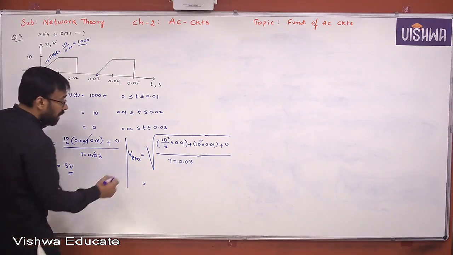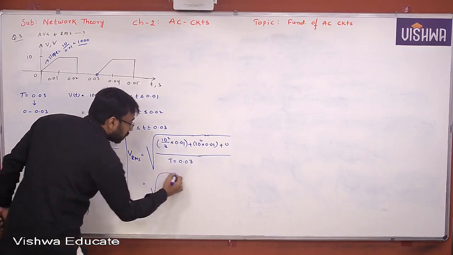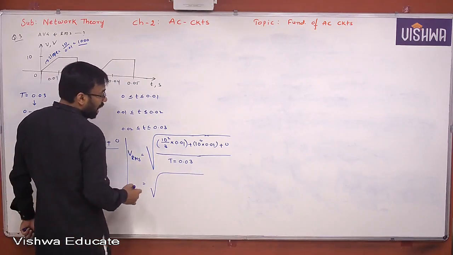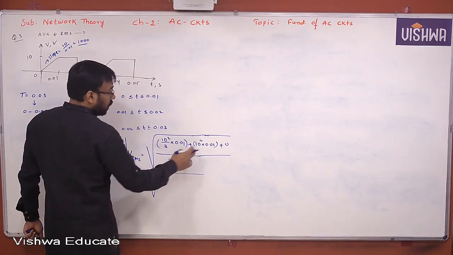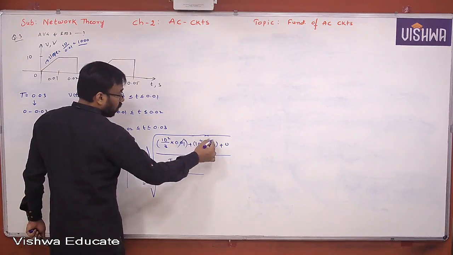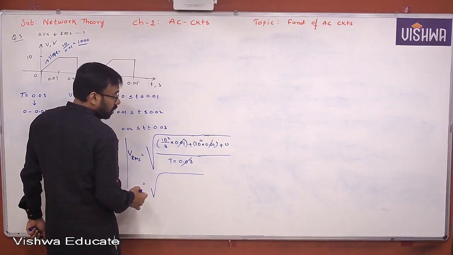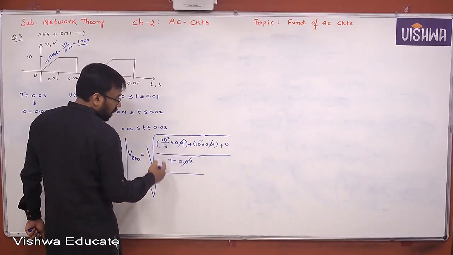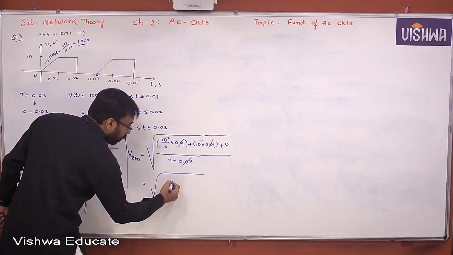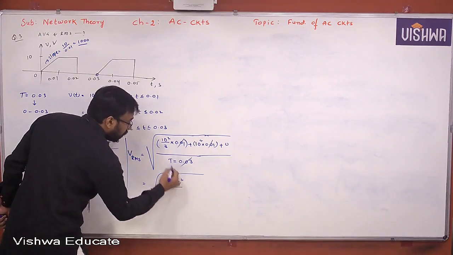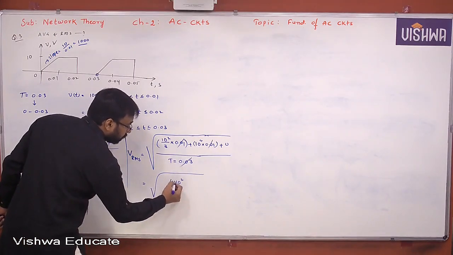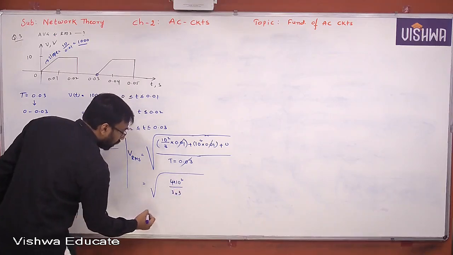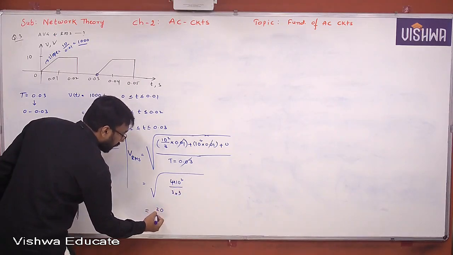Now VRMS is nothing but what actually here? VRMS, what is that value? Now 0.01 means 3. Now 3 into 10 square plus 10 square, 4 into 10 square, by 3 into 3. So what do you get here? 20 by 3,